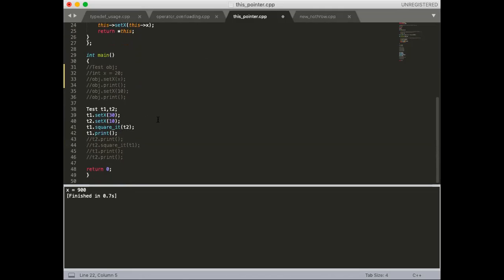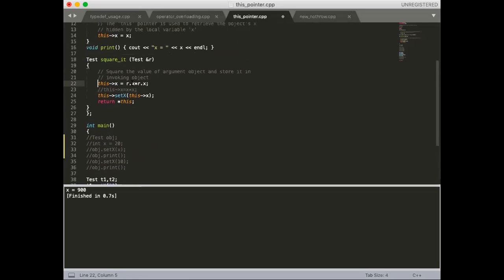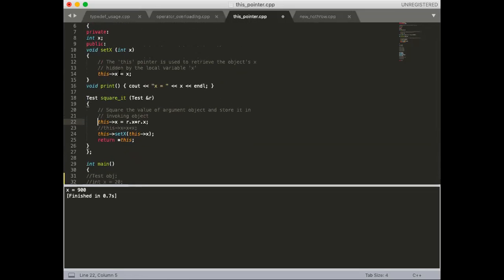इसका argument t2 है, तो if I am saying r.x, तो वो t2 का x उठाएगा, right? वो t2 का x उठाएगा। अच्छा, what is the significance of line number 24? ये question पूछा गया है। Line number 24 is basically invoking the function set x, तो वो x की value को set करेगा, ठीक है।